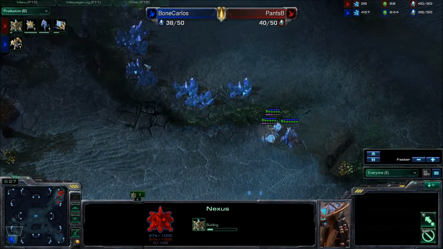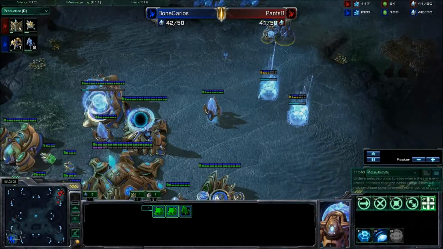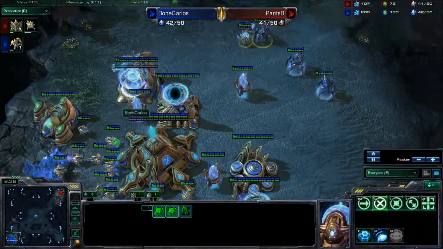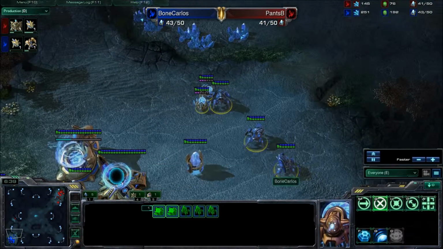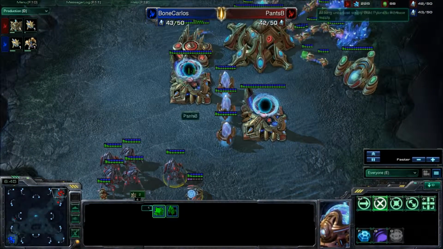You can't overstate the amount of damage a well-placed observer can deal to an opponent. Right now, BoneCarlos is looking like he's going to continue to warp out units. He's got 2 sentries down to only the 1 of Pants. That's a small difference, but in